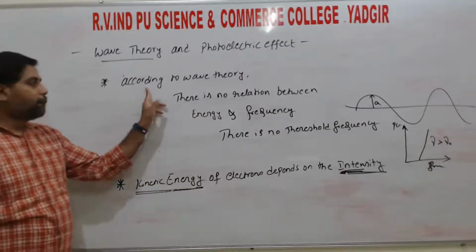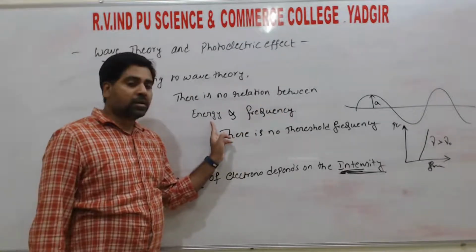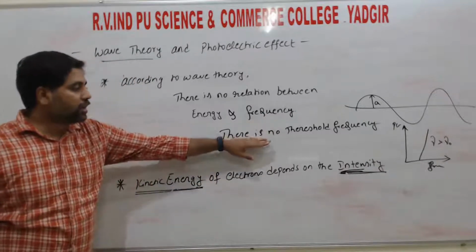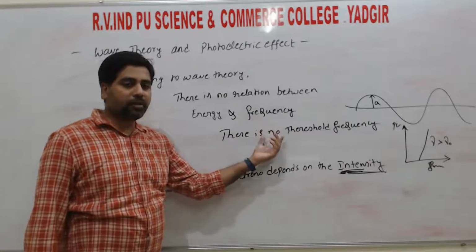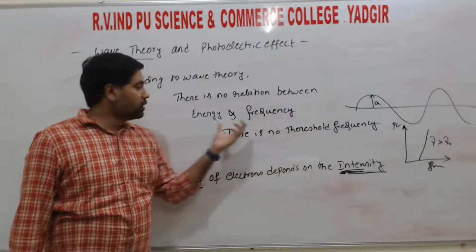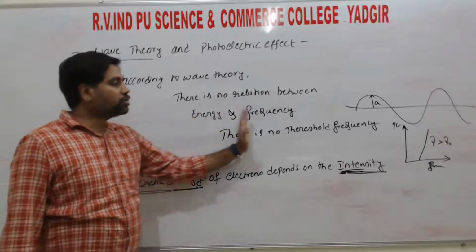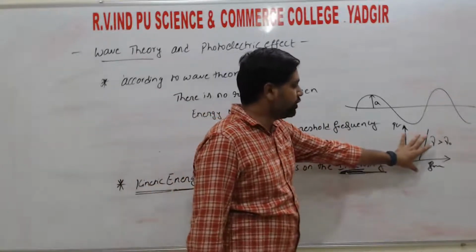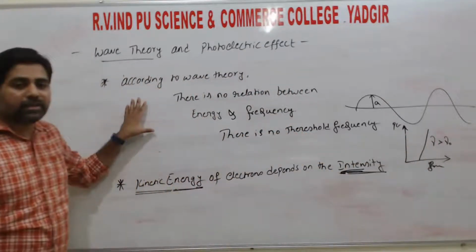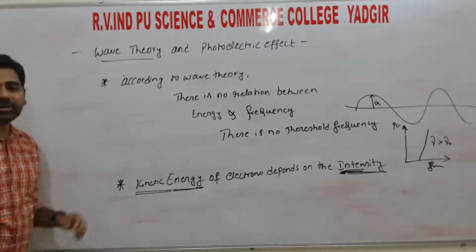So the second point is, according to the wave theory, there is no relation between the energy and the frequency, right? So according to this, there will be no threshold frequency. If there is no threshold frequency, then the electrons will not attain any energy. Hence, those statements which we observed in the experimental observation are not satisfactorily explained by this wave theory. So this one is the second point. And the third one is,